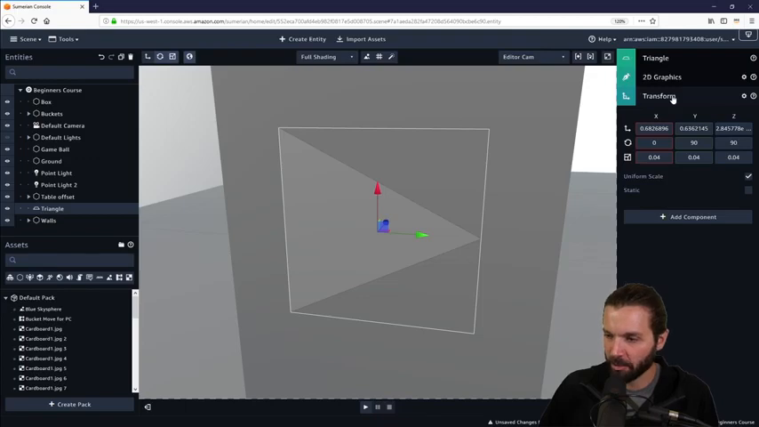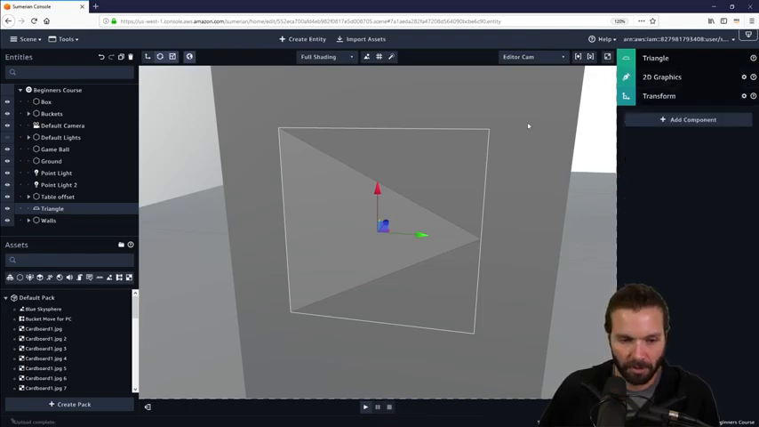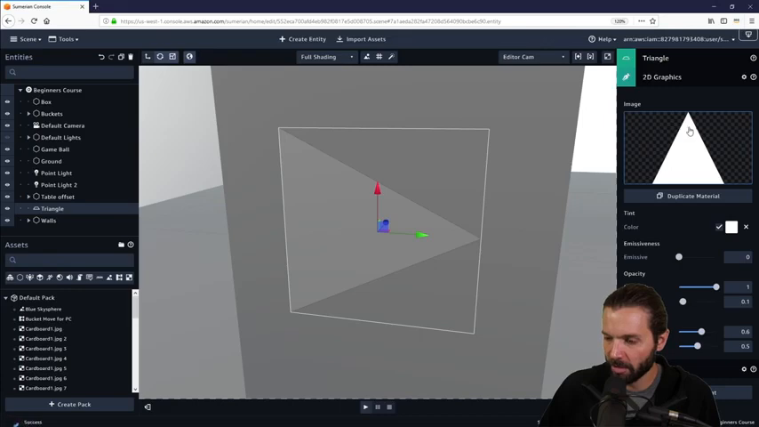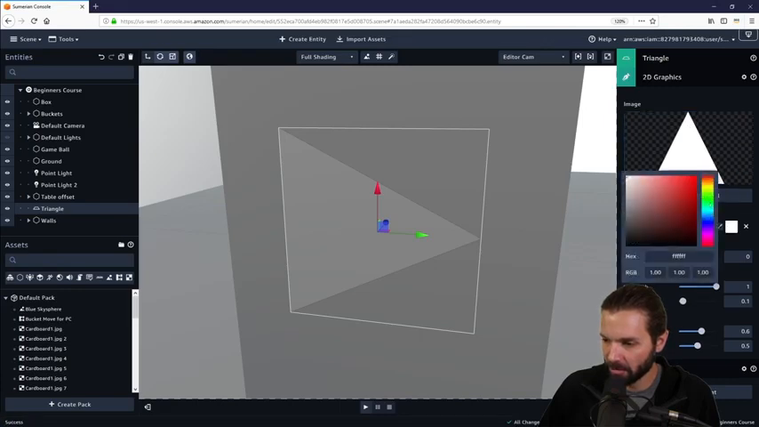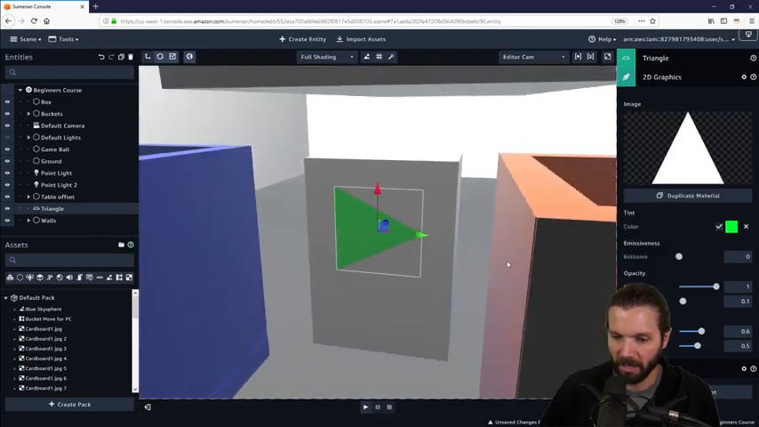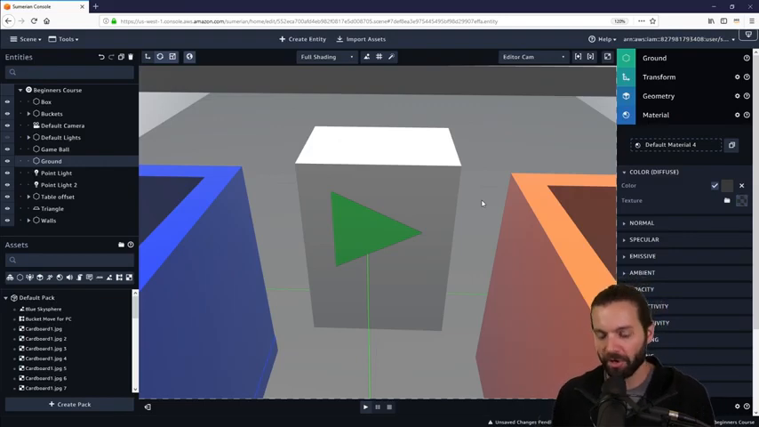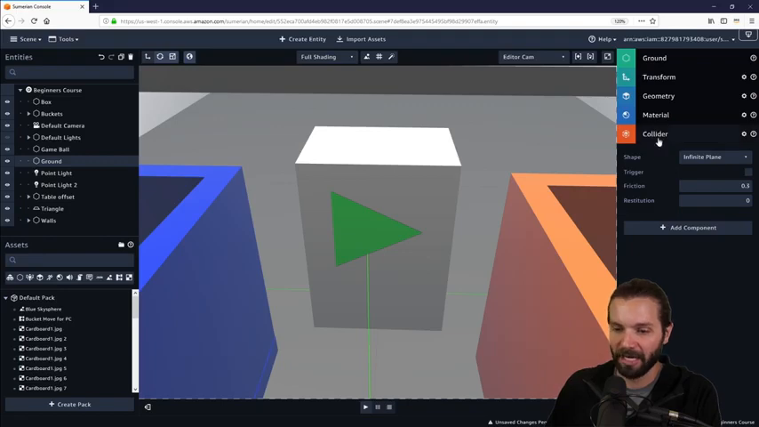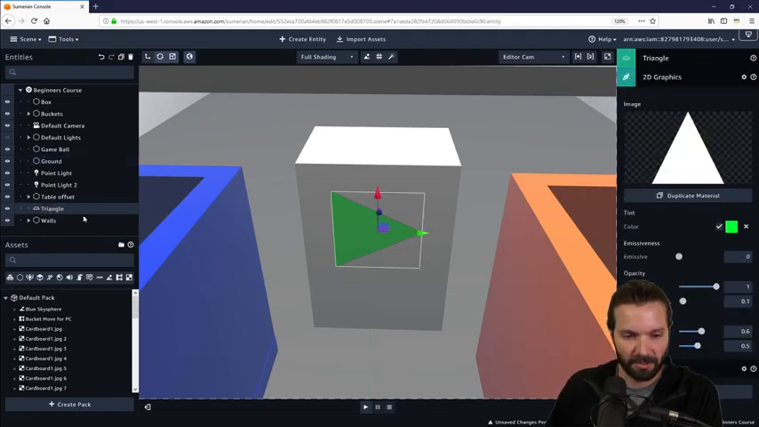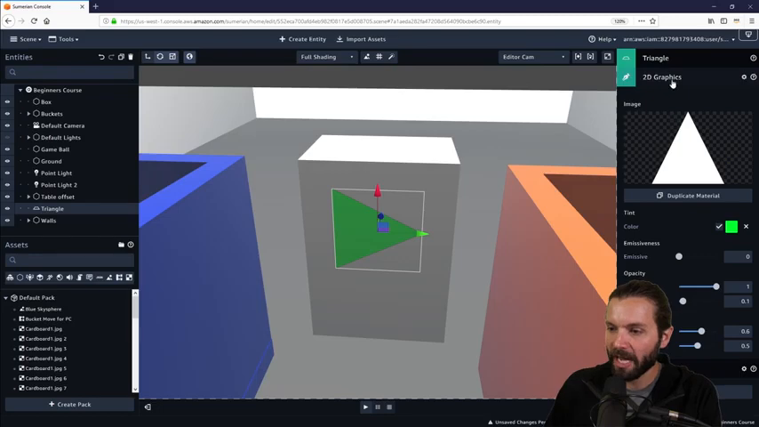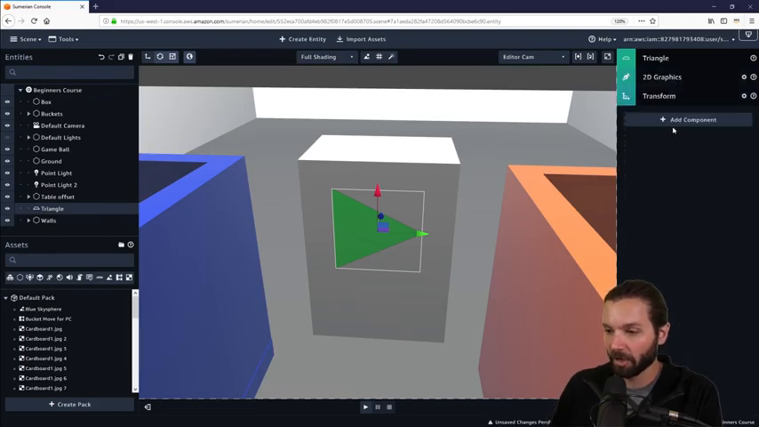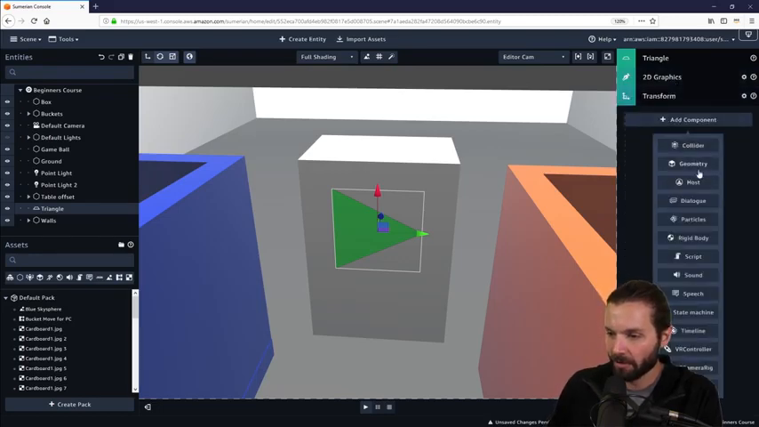I don't want it to be gray, so I'm going to open up the 2D graphics tab and change the color to green. Something like that. Now, to be able to trigger this with our controller, we need to add a collider to the triangle. We need to add a collider and then add the trigger option. So I'm going to go to add component. And remember, all of this will make sense